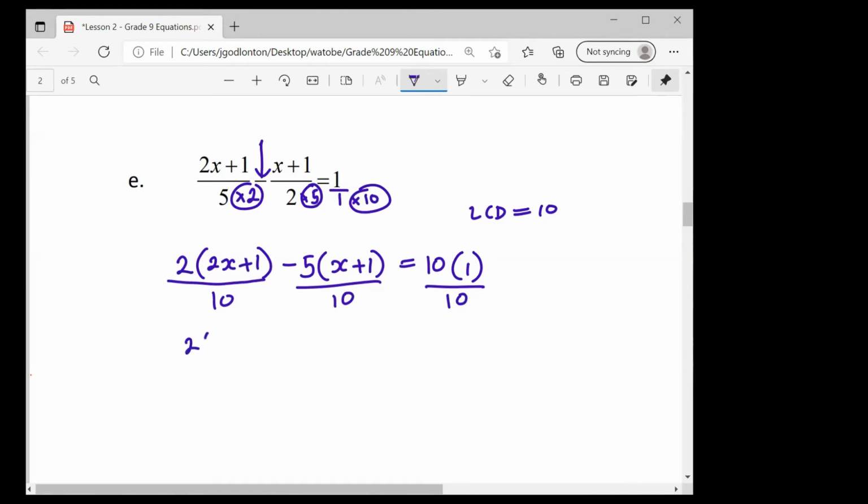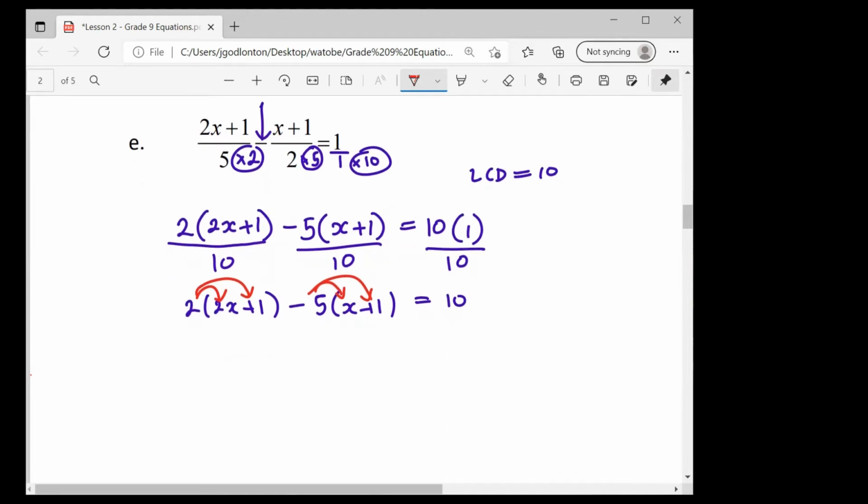When you get rid of that denominator and you land up with something like this, what you need to do now is what we were doing earlier, where you multiply that into the brackets. The reason I'm telling you brackets are your friend is because otherwise everyone changes this 1 to a 5, and it's not a 5, it's a -5, because it's -5 times the 1. And so then things go sideways. So use brackets. It may take maybe a minute longer, but I promise it's worth your time, and it will save you in the long run.